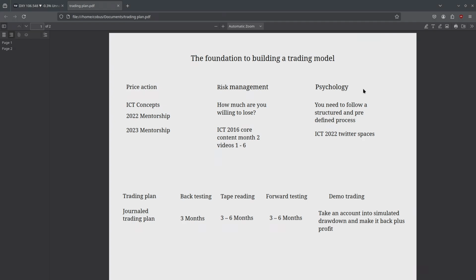So you have rules in place for the well being of your psychology. The calendar comes into play. Look at what days you have high or medium impact news drivers. That'll be volatility injections.